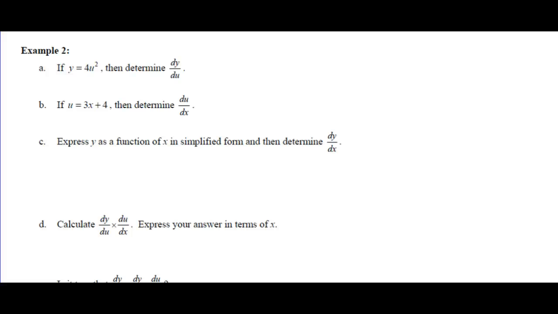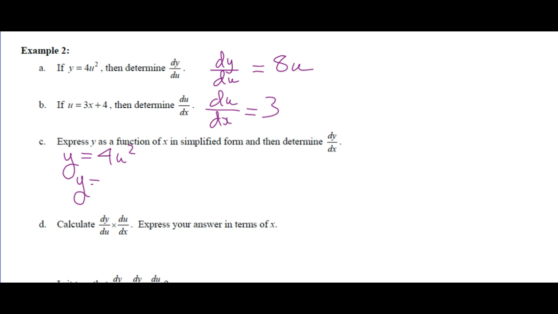Example 2. If y is equal to 4u squared, then determine... It's got to be stated. All right, anyway, so what's dy by du? 8u. If u is 3x plus 4, then what's du by dx? That's 3. Express y as a function of x in simplified form, and then determine dy by dx. All right, so what's y? So y is 4u squared. But u is 3x plus 4